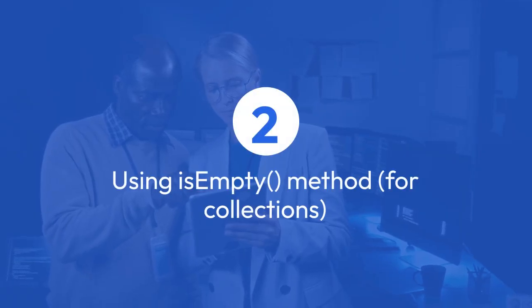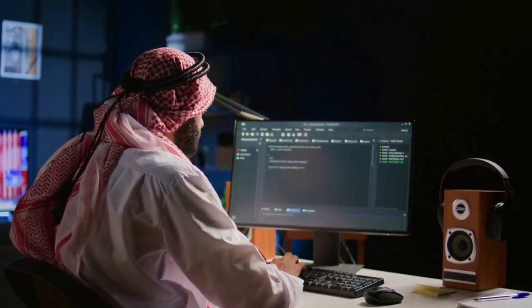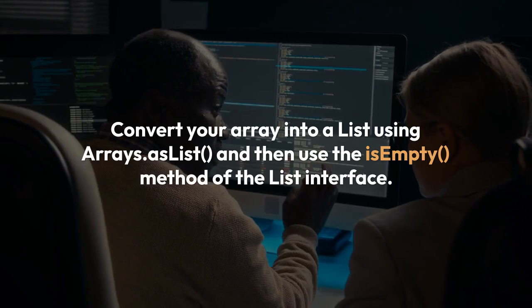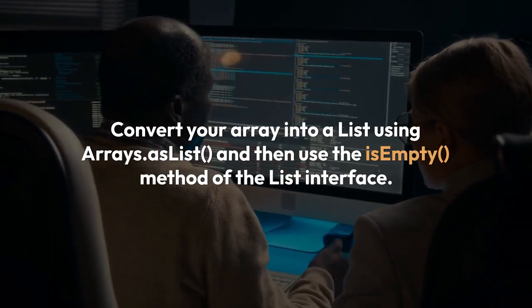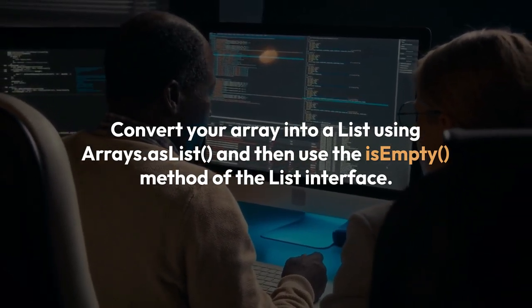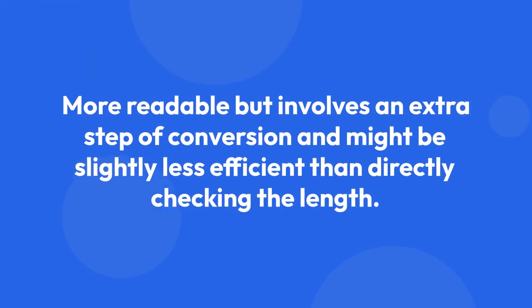Using the isEmpty method for collections. While arrays themselves don't have an isEmpty method, if you're working with java.util.Arrays and its methods, you can convert your array into a list using Arrays.asList, and then use the isEmpty method of the List interface. This approach is more readable but involves an extra step of conversion and might be slightly less efficient than directly